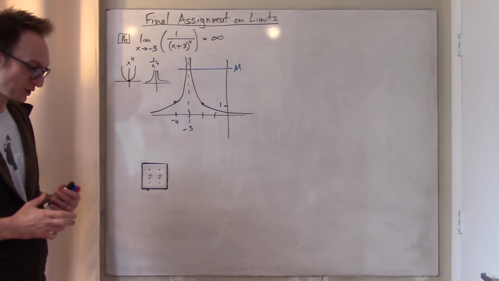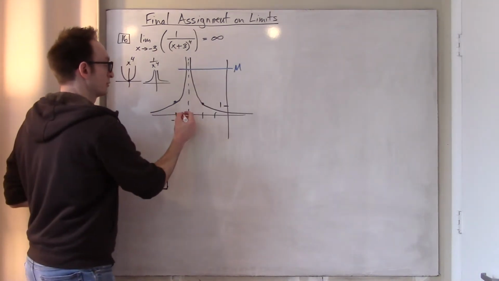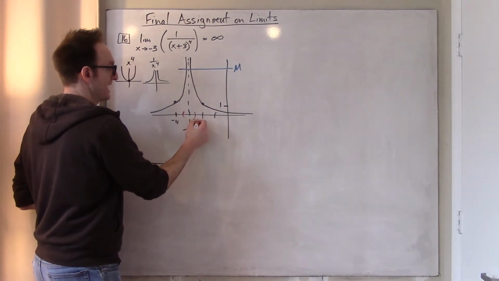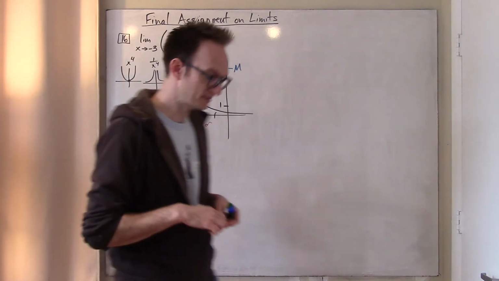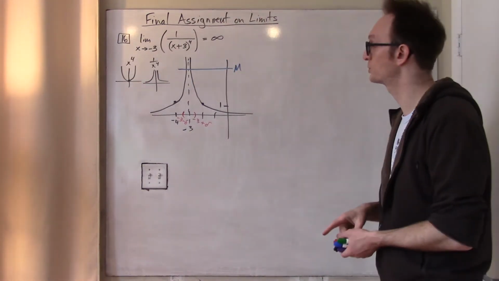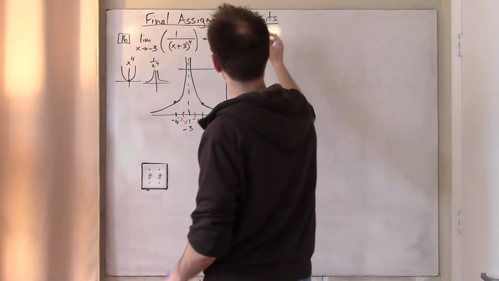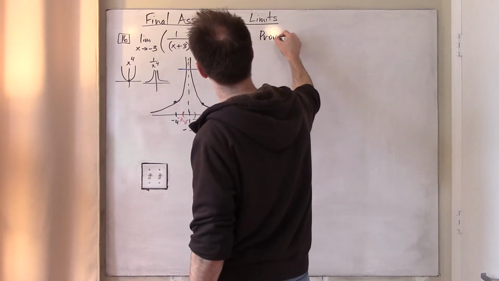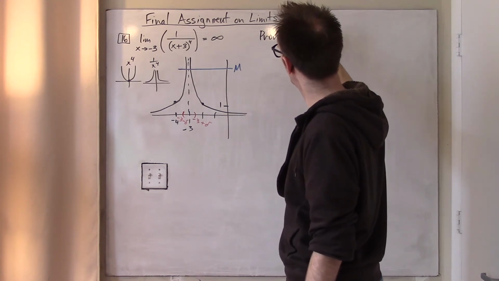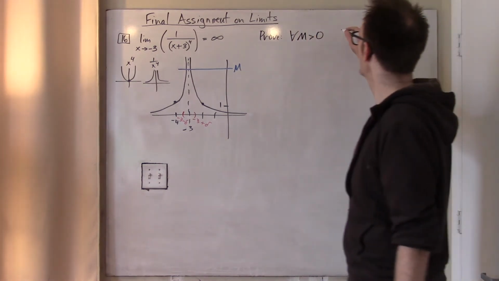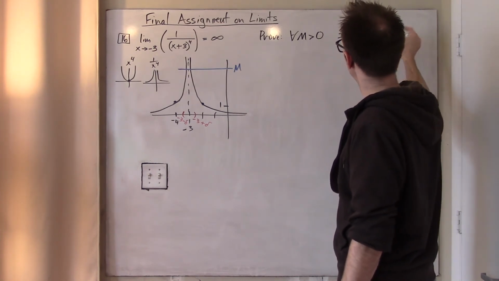And to meet that challenge, I have to get close enough to negative 3 so that this is true. So that's negative 3 plus delta, and that's negative 3 minus delta. Delta is how close to negative 3 I need to get in order to ensure that my function is bigger than m. All right, and therefore, what I need to prove is that for any massively large positive number m, I have a delta response, that there exists some positive delta such that